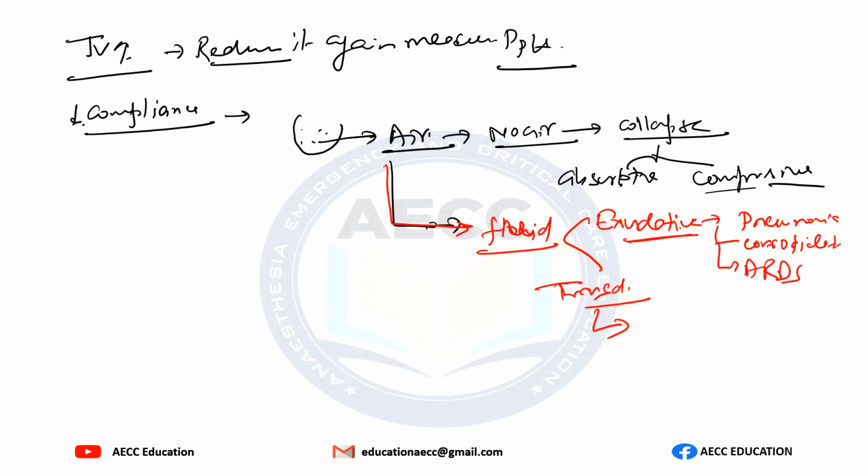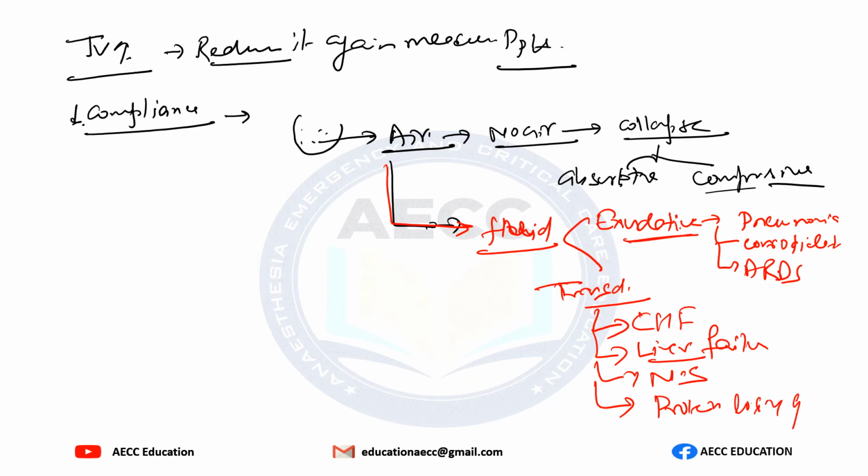Transudative fluid mainly in case of congestive cardiac failure, congestive heart failure, or loss of protein from the body, like in case of liver failure, nephrotic syndrome, or protein-losing gastroenteropathy. All these cause